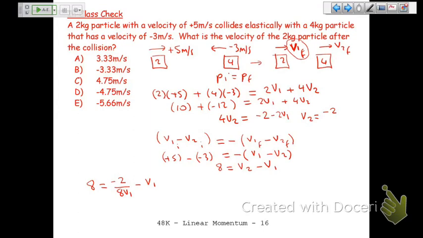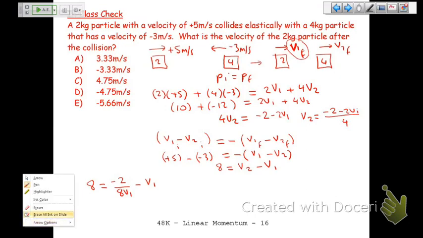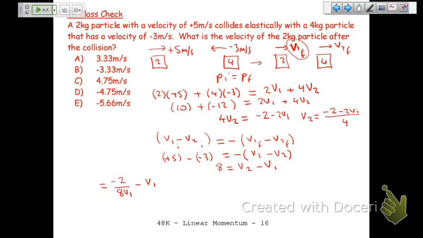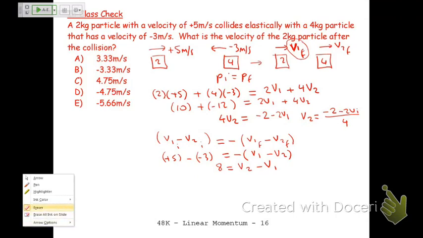So V2 is equal to minus 2 minus 2V1 over 4. Did I do that right? Yep, minus and minus. So I'm going to just double check that again. So that's minus 2 minus 2V1. Yeah, that's right. So now I come along here and I substitute in. So I need to do a bit more erasing. So now let's go along here. So then